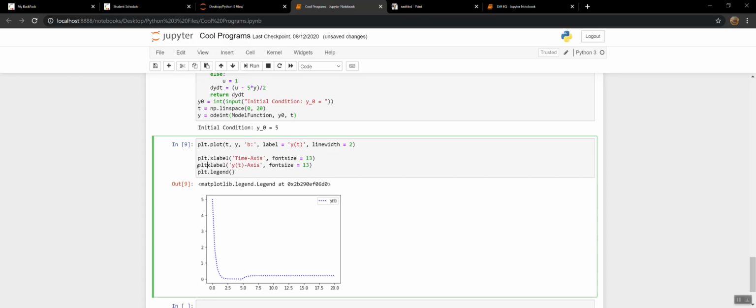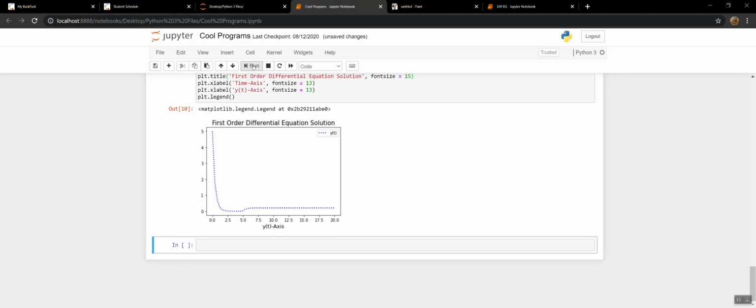So plt dot title, and we can simply call this maybe like first order differential equation solution. We'll have font size maybe 14 or 15, font size equals 15, and this, and